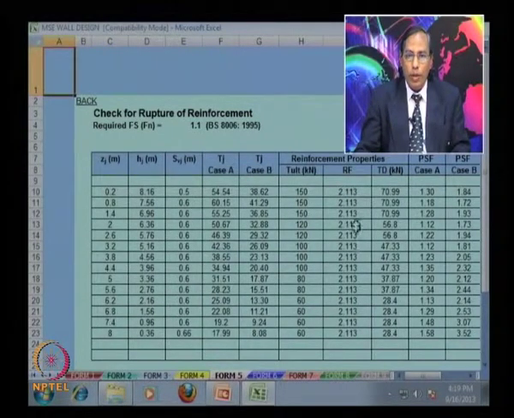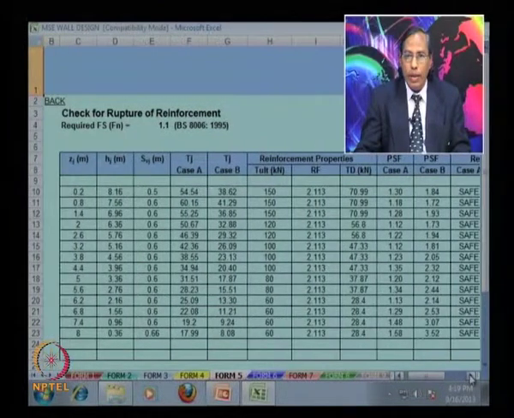This is 2.113, and what will be the design tensile strength. So you can calculate what will be the factor of safety. This is the design strength value, and then for case A and B,